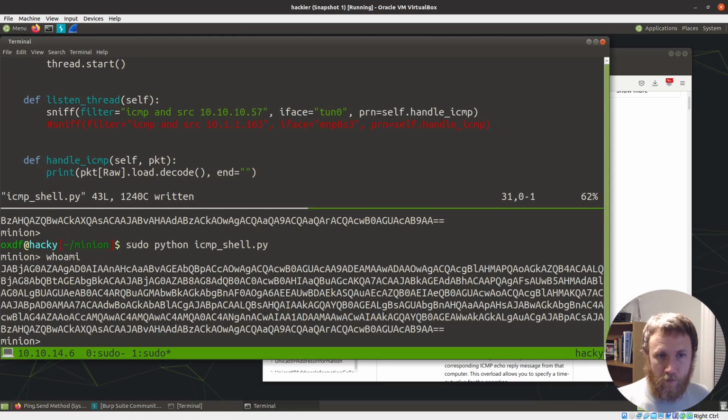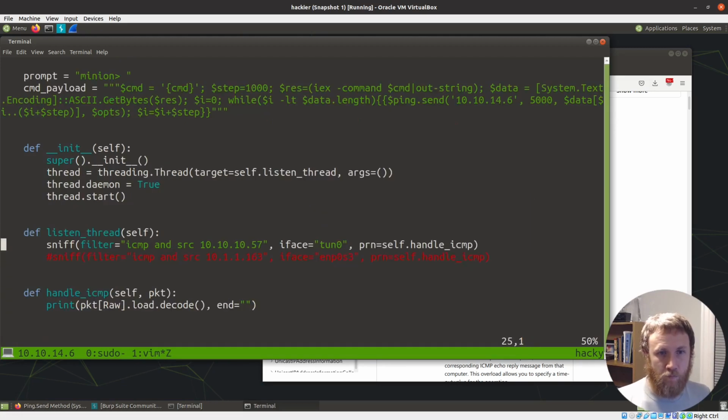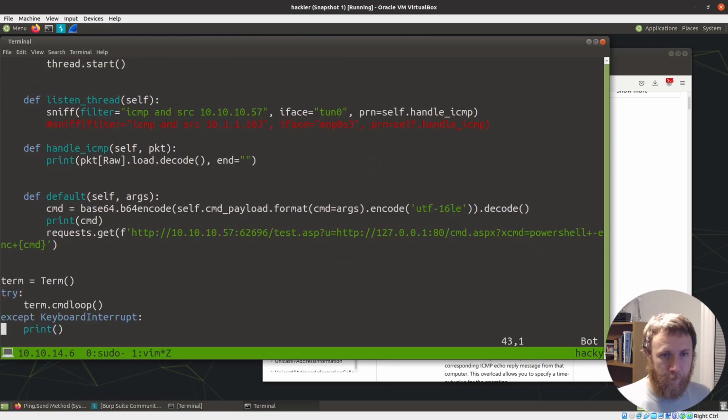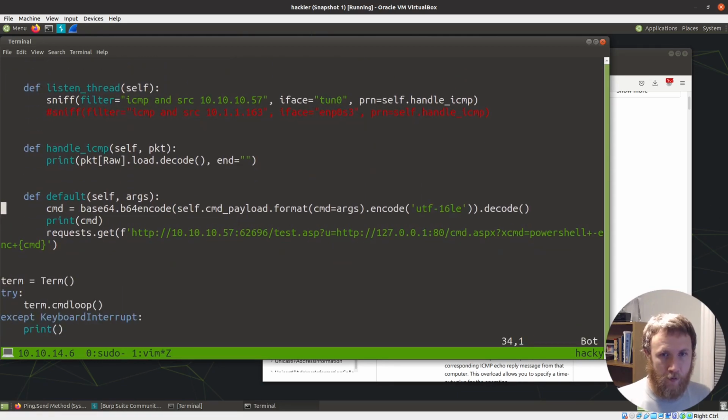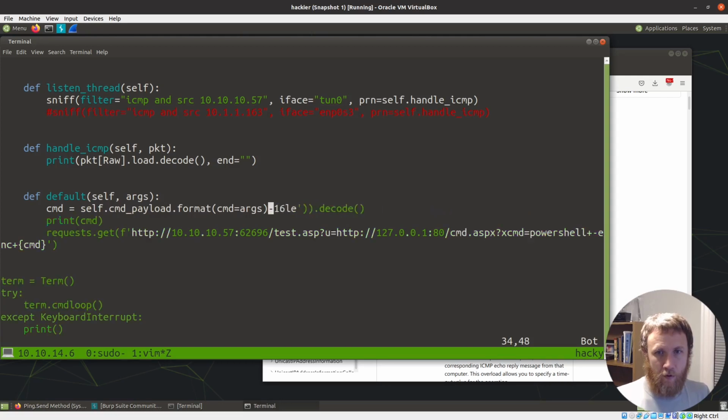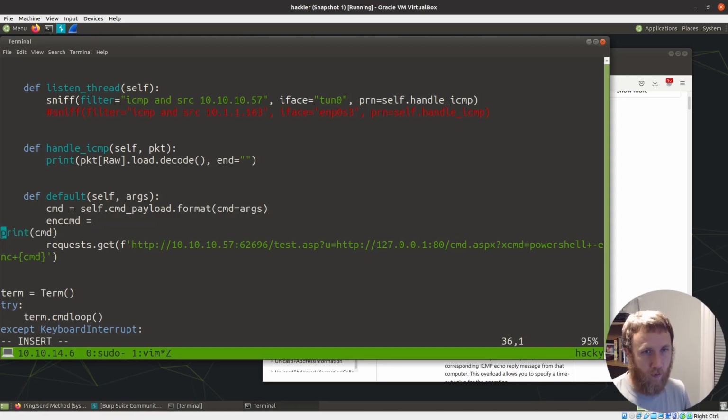Okay, so that didn't return anything. Let me break this up a little bit here. We're going to do cmd equals self.cmd format args, and then we will do enc cmd equals